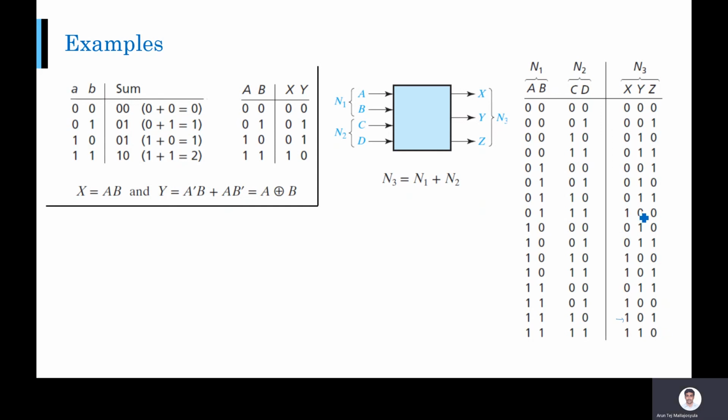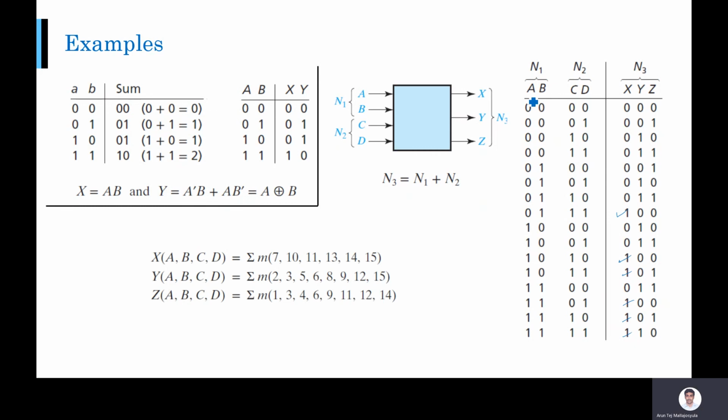And the truth table will give me the min terms that are required for each of these functions. So x will be the sum of min terms, this min term, here, here, here, here, here. All these will be there in the min term expansion for x. Similarly, you can get the min term expansion for y and z. Now you have 4 variables, so I can put the row number from 0 to 15, and I can write the min term expansion for x, y, and z for an adder.